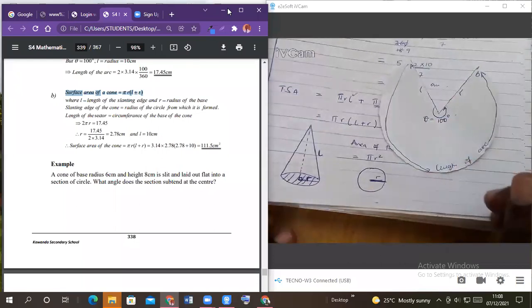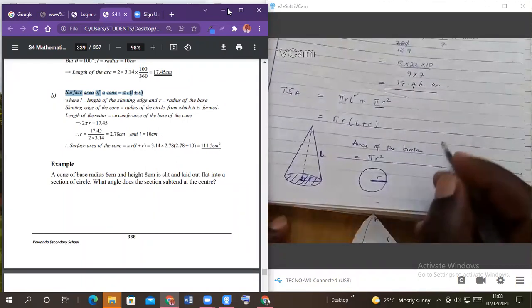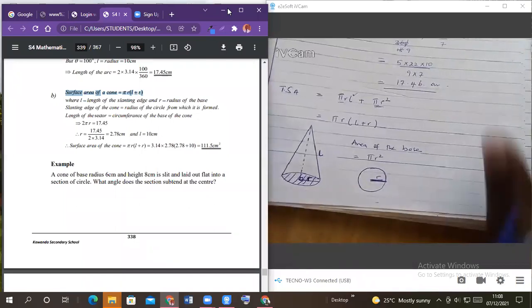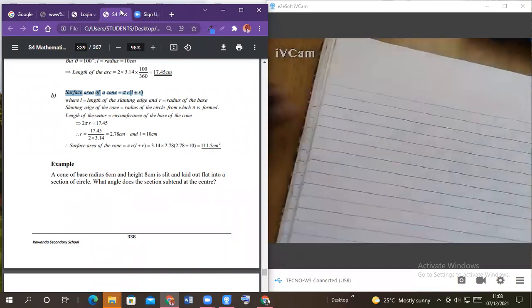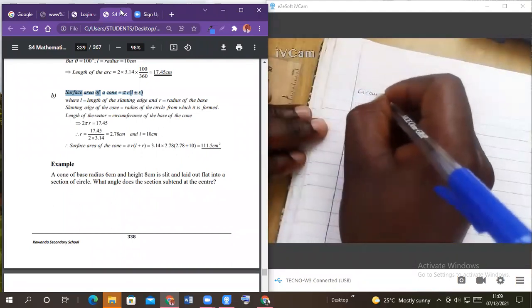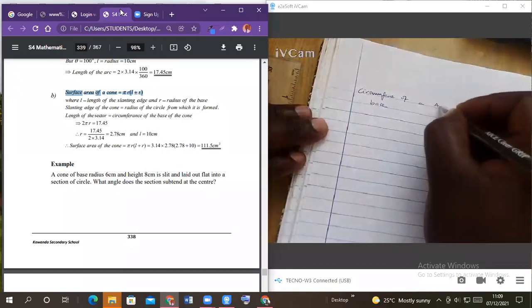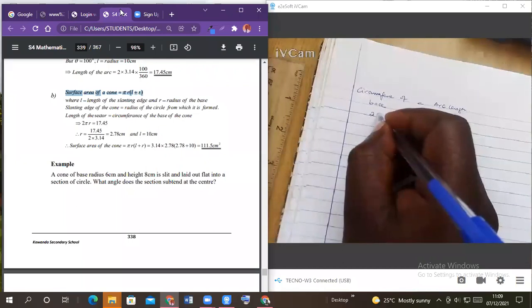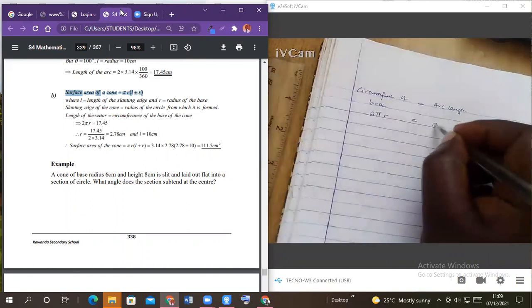So our arc length is equal to the circumference of the base. The circumference of the base is given by 2 pi r and is equal to the arc length, which we got at